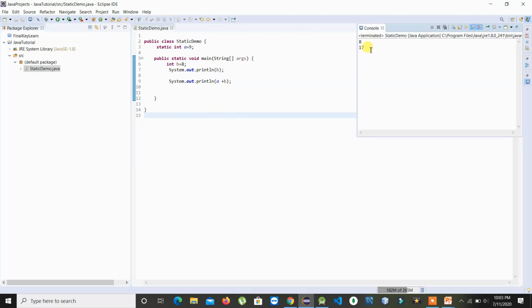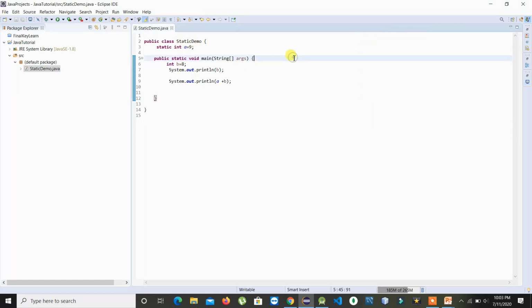Yes, the sum of the variables, 8 plus 9, is printed. So this is how static works, that you won't need to create an object n number of times to call the global variable. This is why static is used to save time, and also static is used for memory management as well. Now let's check an example with this as well.